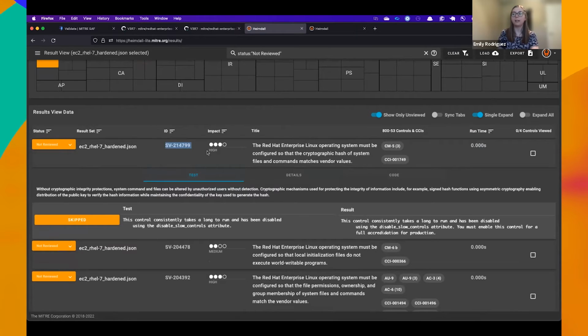ID and find out that this one was actually just disabled because it takes a really long time to run in the pipeline. So we could decide to manually attest this so that we don't have to run it every single time in the pipeline, and it can save time. That's another valid reason. So if I take this control ID, I can create an attestation, a manual attestation,